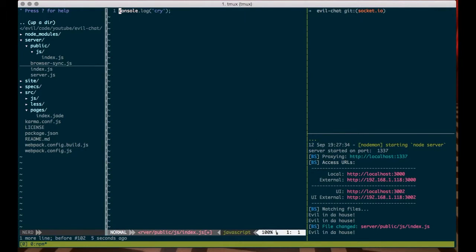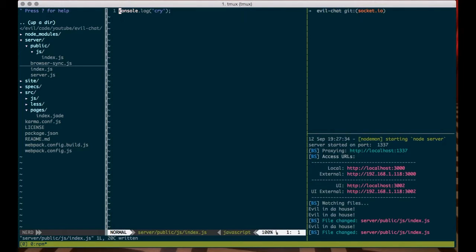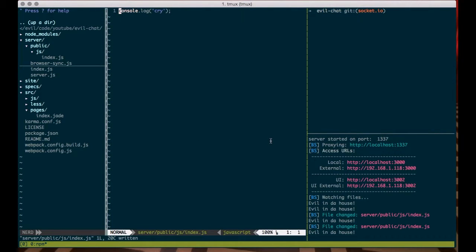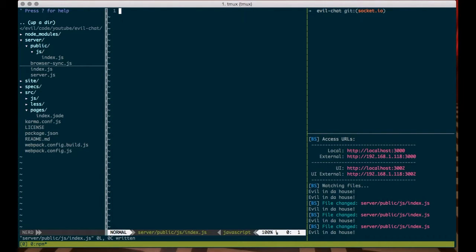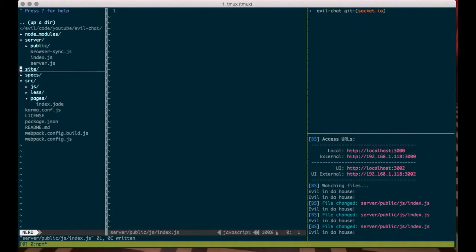So cool, this is now built into our build system. So any changes we make here, since this is going to be our boot up script or our bootstrapping script, will also force browser sync to sync. So that's really awesome. So now that we have that bad boy all up in that piece, let's move out